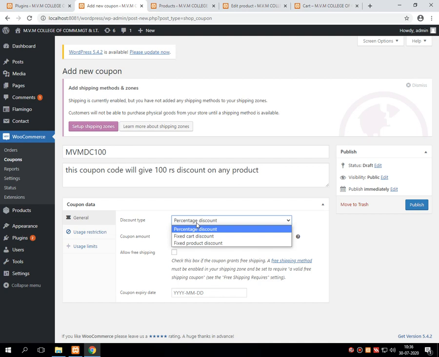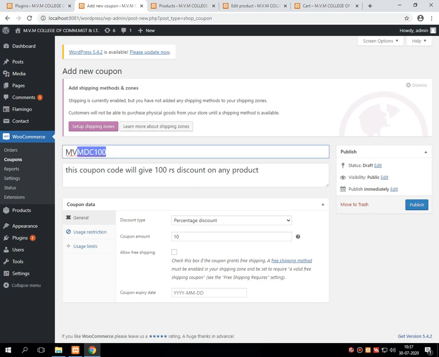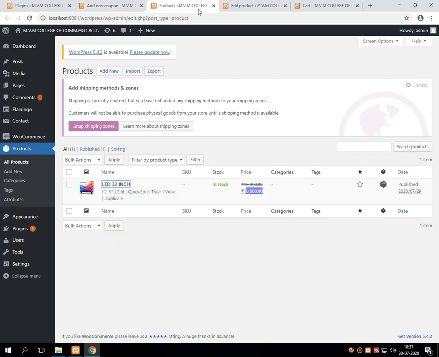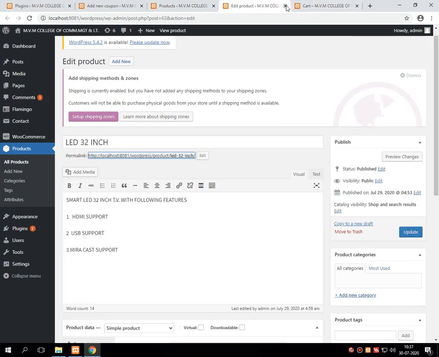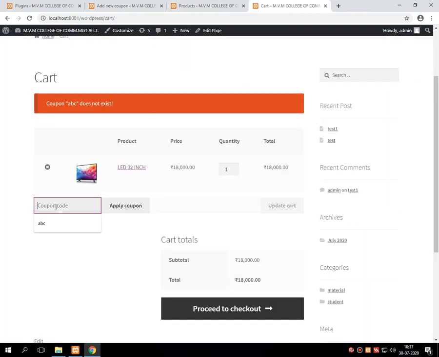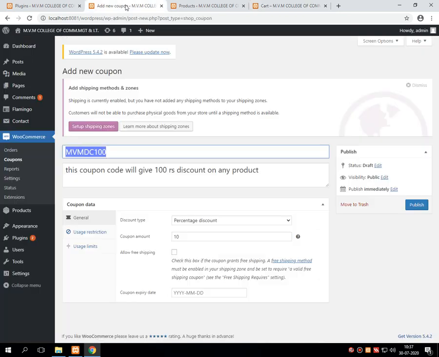Percentage discount means what? Say for example, here I will set this first option, and over here I am writing 10 and publishing this particular coupon. So whenever you apply this coupon onto the product that we have purchased, it gives 10% discount on this amount.